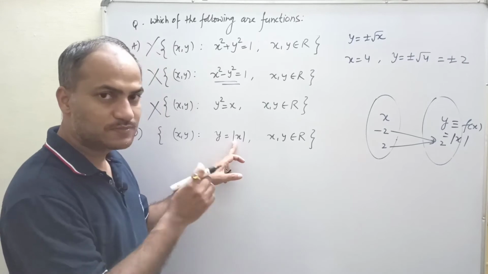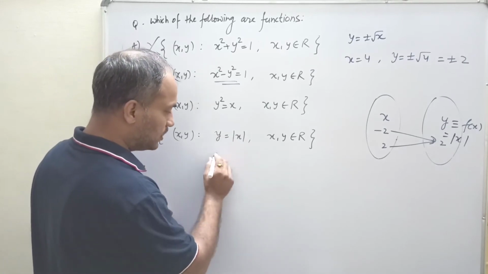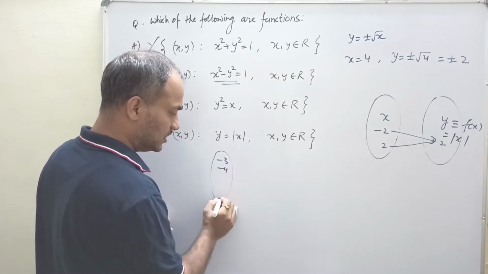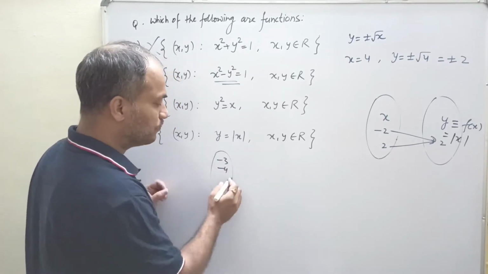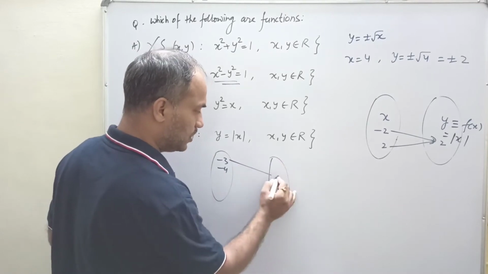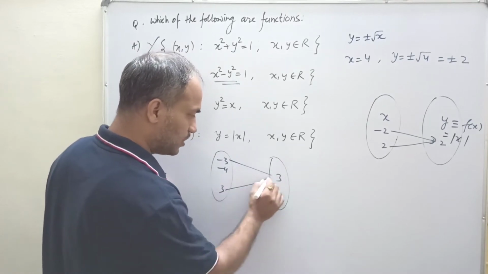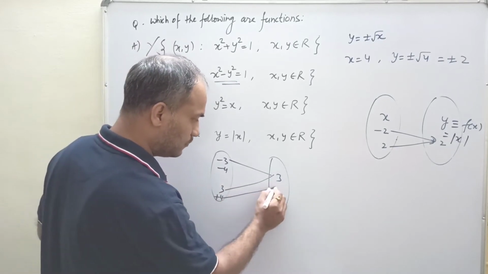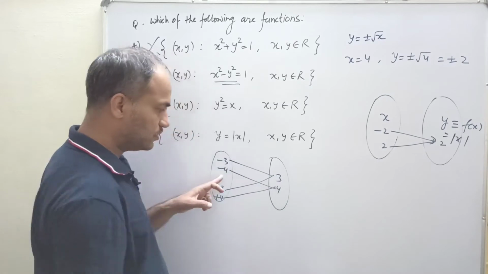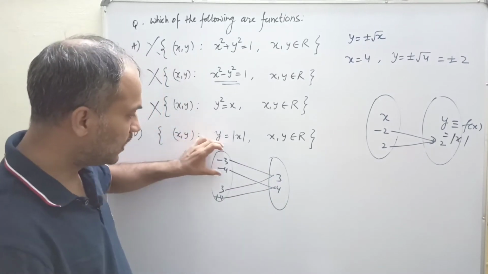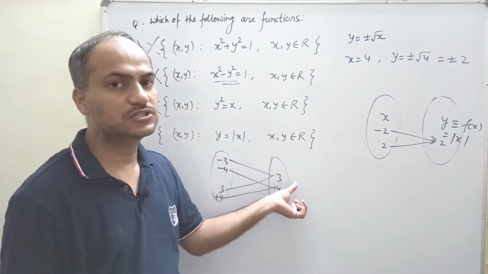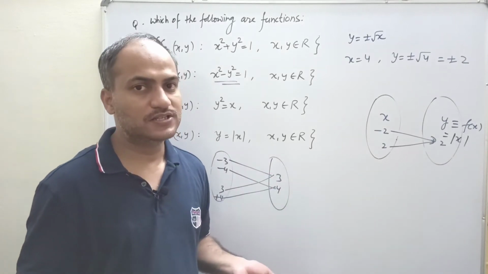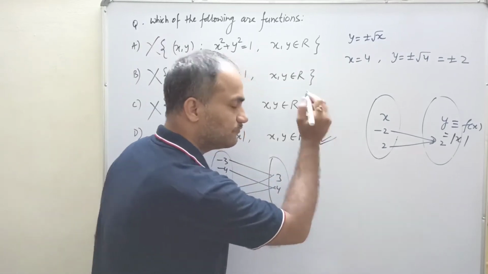So here the same thing is happening. Modulus means all the negative numbers, suppose minus 3, minus 4, etc., are also having the same image as the positive ones. Plus 3 is having image 3, and minus 3 also has image 3. Similarly plus 4 is having image 4, while minus 4 is also having image 4. So all negative and positive numbers have the same image. Okay, but no element is having two images, that's why this is our function.